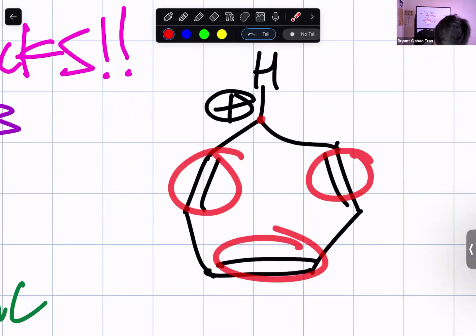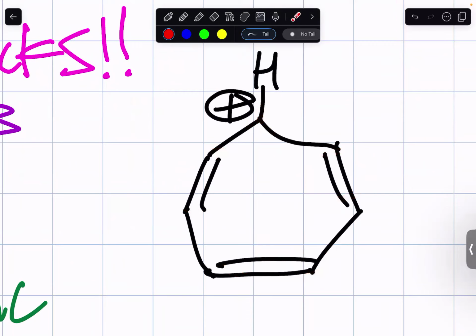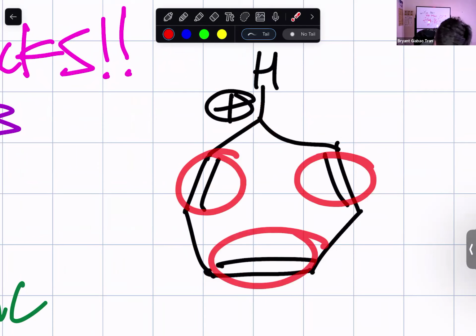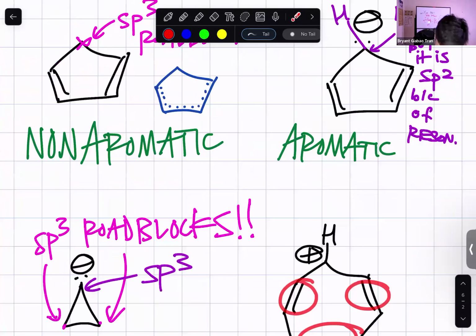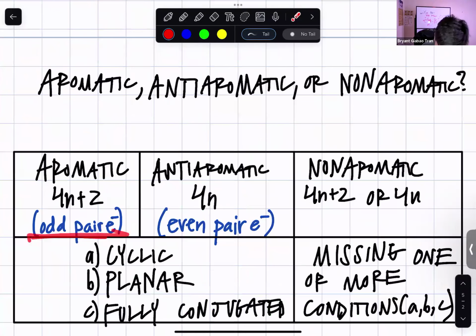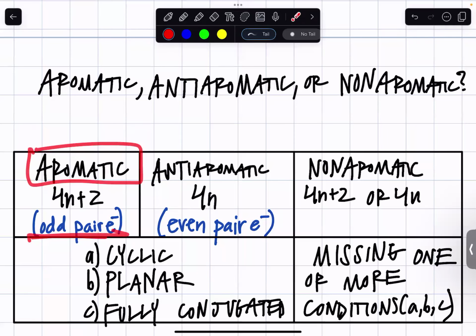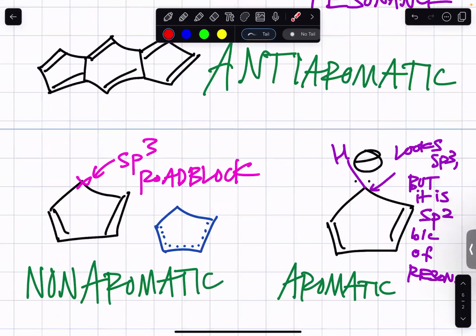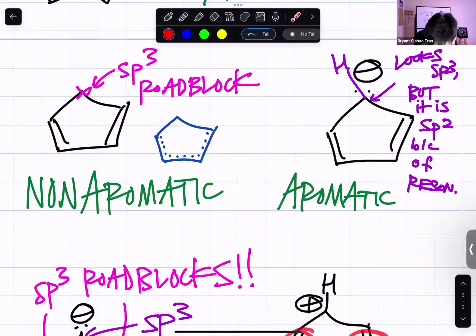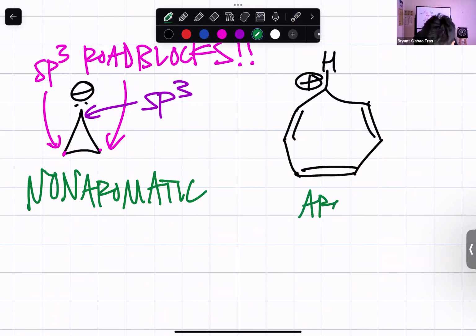That means this is fully conjugated because we have a network of orbitals where all of these electrons can move around, but there are three pairs of electrons, which is an odd number of pairs. And if you look at the table, an odd number of pairs of electrons is aromatic. So this structure here would be aromatic. When you think of odd, you think of a bad number, and then you think of anti, but it's actually the opposite. An odd number of pairs represents